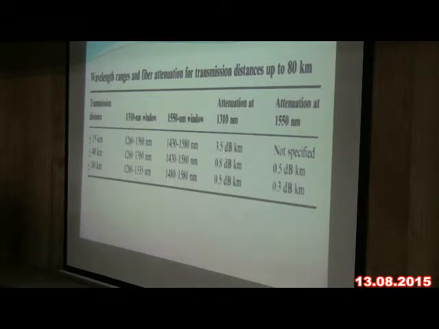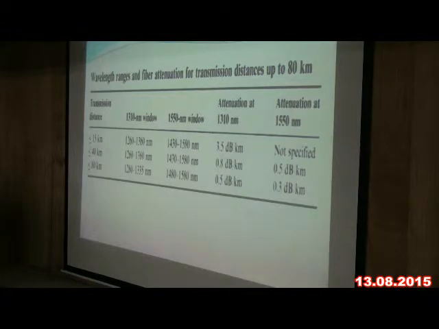In optical communication, 3 windows are there. What are they? First window, second window, and third window. The first window operates at a wavelength of 850 nanometer. The second window operates at a wavelength of 1300. Hello, we have already studied this in the first unit. This is very basic.